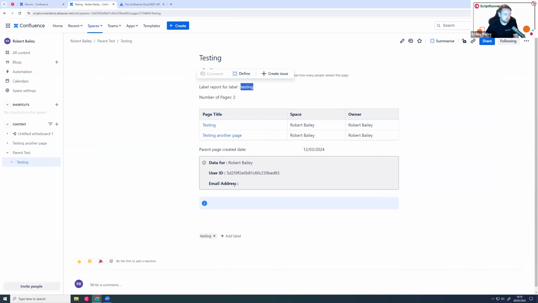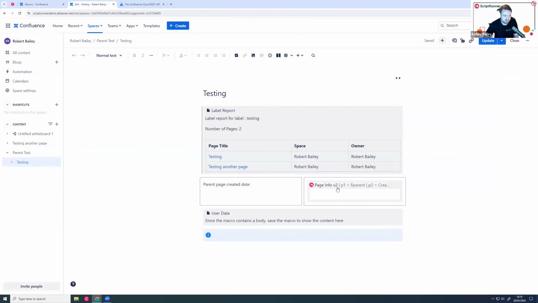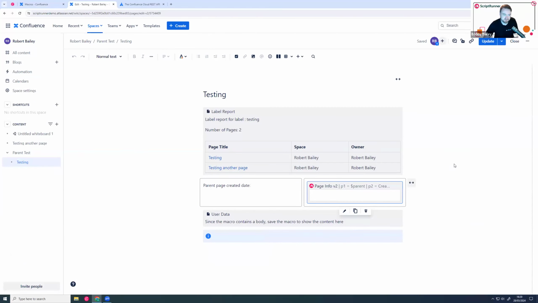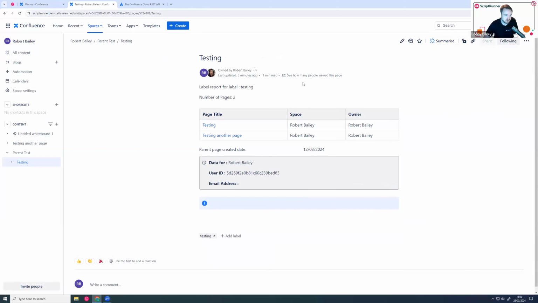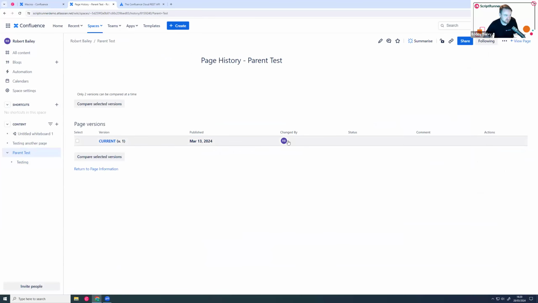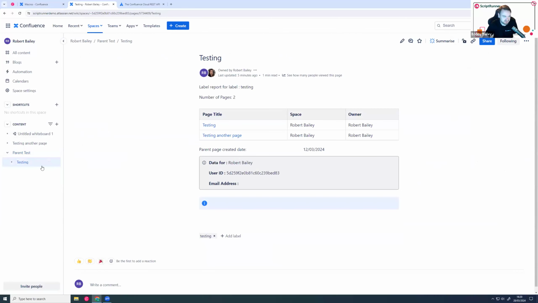So again, if I go to this page, what we're currently doing is using the page created date, and we have page info v2, which is currently pointed at the parent created date information type for this particular page. If I close this, the page it's referring to is this parent test page that was created and last updated on the 14th. I can actually go and see page history. We can see that the date's quite wrong. I think I haven't accounted for the date time modification, but nonetheless, it's an example of what you can do and